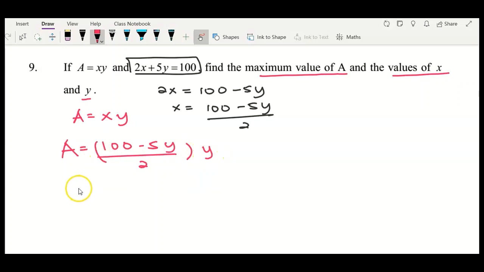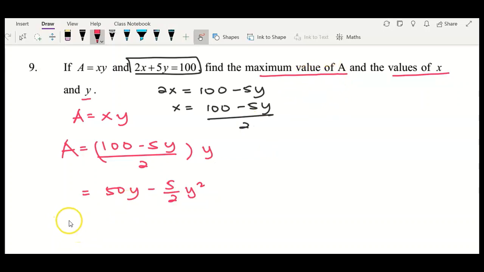Alright, to make the differentiation dA/dy easier, we can just multiply inside and expand it. 100 divided by 2, you get 50, 50 multiplied by y, 50y. And the second term, you have negative 5 over 2 y squared. Alright, so together,